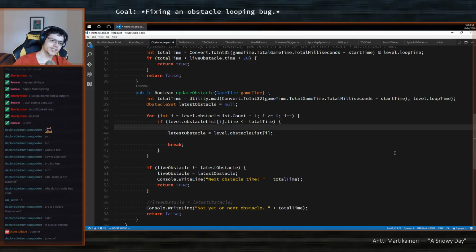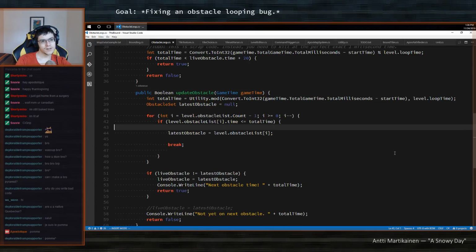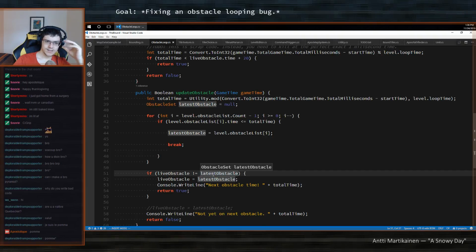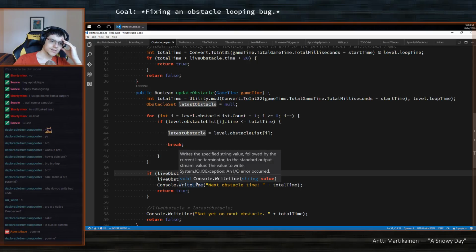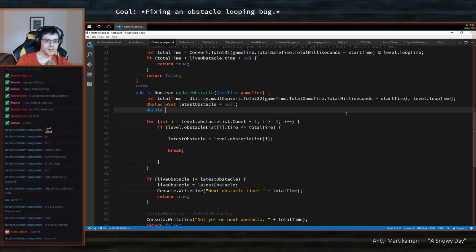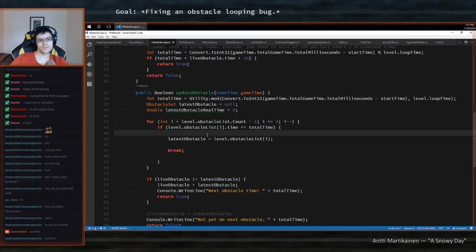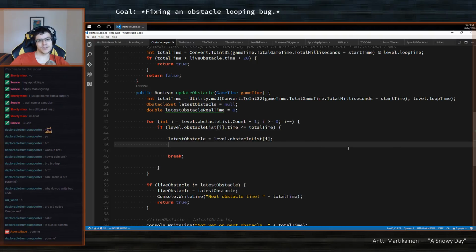So right in here I need a new check now. I don't know if I need to put the 0 there. Okay, what's the time? The absolute perfect time on this.